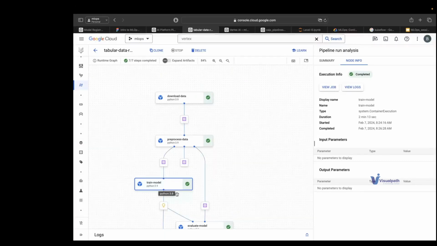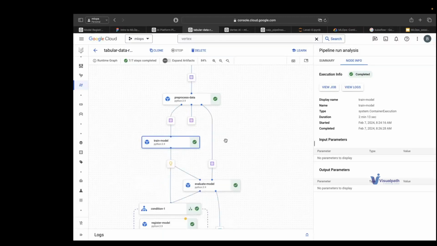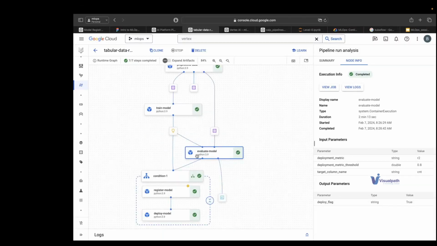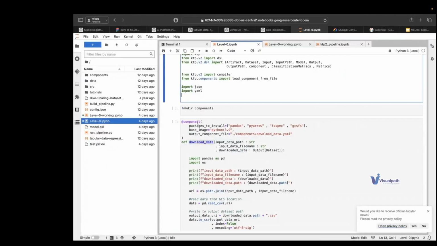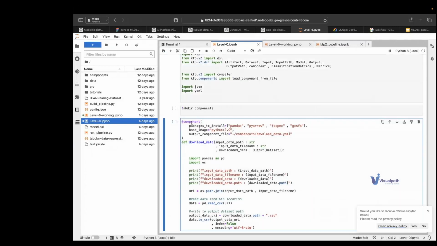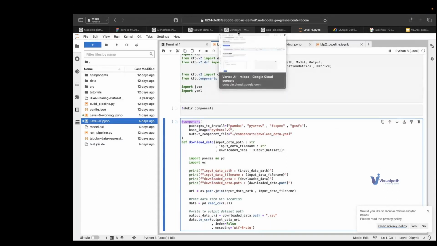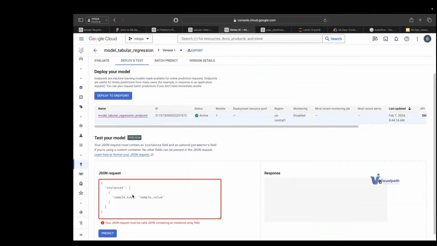So again, we are not manually writing code for containerizing each and everything. We are using this @component decorator. This is doing everything for us. So these are some high level packages that these guys have created to ease our life. Earlier we had to write all of these things manually, but now you just have to put the instance here, and then it will give you the output.